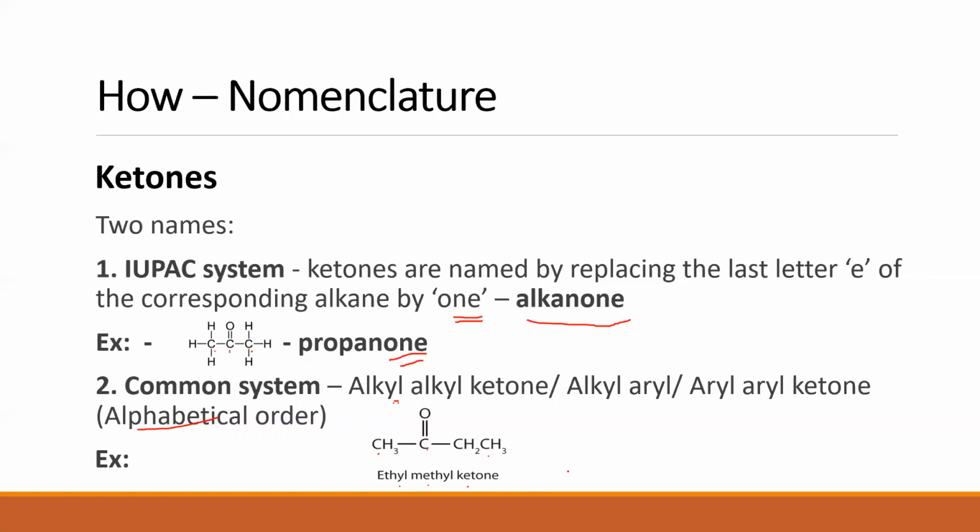Clear? Pretty simple here. Now you can see a clear distinction between the name an aldehyde gets and a ketone gets in the common system. For an aldehyde, it is randomly named. We do not have any particular system in which we name. Whereas for a ketone, you have a system: alkyl, alkyl, ketone. This is the biggest drawback of the common system. You do not have a common way in which you can name all the compounds.